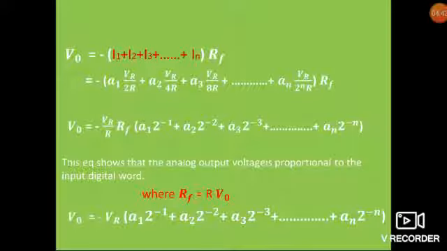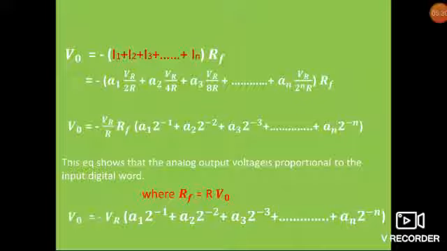Where VO equals minus (I1 plus I2 plus I3 plus so on plus IN) RF, where I1 equals A1 VR by 2R, I2 equals A2 VR by 4R, I3 equals A3 VR by 8R, and so on, In equals AN VR by 2^n R. VO equals minus VR RF times (A1 2 to the power of minus 1 plus A2 2 to the power of minus 2, A3 2 to the power of minus 3, plus so on,